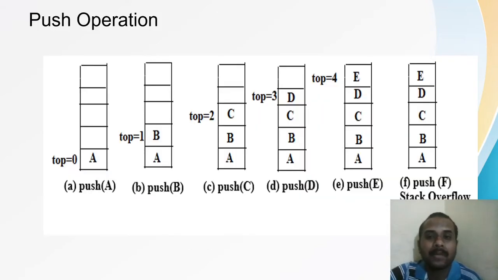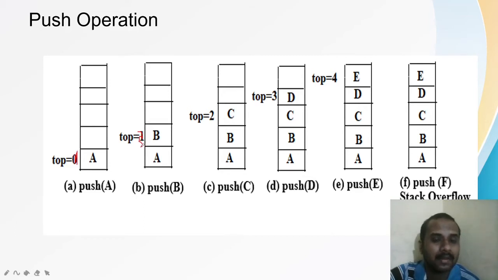So let us see the push operation. If you see here, the array size is 5. So how many elements can I hold? I can hold around 5 elements. During the understanding of the algorithm, we will consider that the array index starts from 1, so it will be very easy for us to understand. So let me consider this is 1.